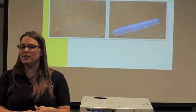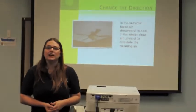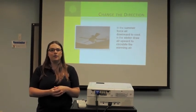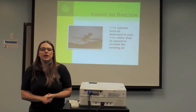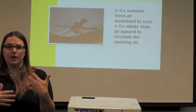And then at that point, you may need to do some weather stripping, but we'll discuss that later. Now also changing the direction. If you have a ceiling fan, do make use of it. In the summertime, force air downward to cool, and in the wintertime, just by looking up above, there's a little switch, you can change the direction and have the air circulate to have the warm air circulating around the room